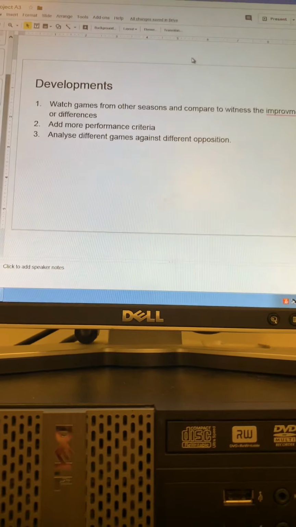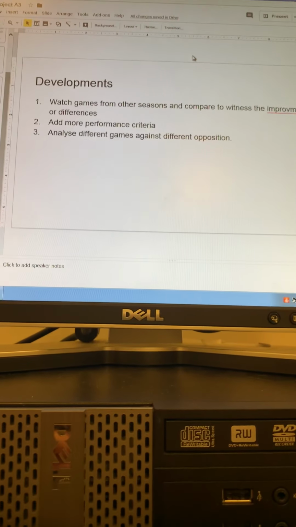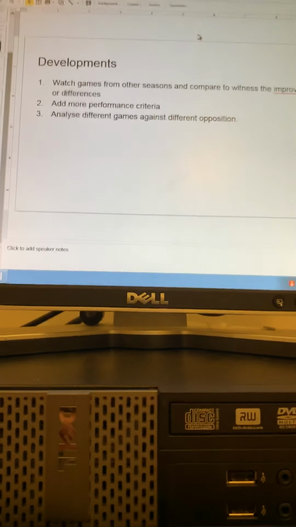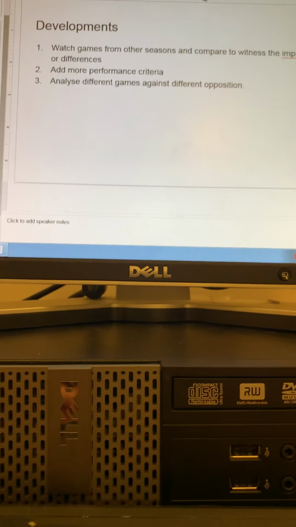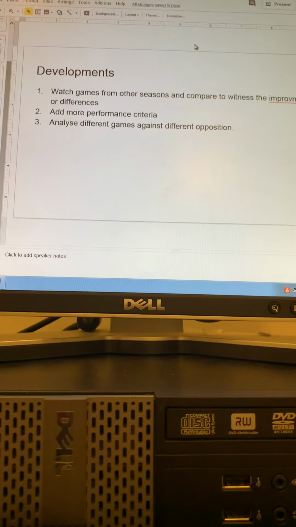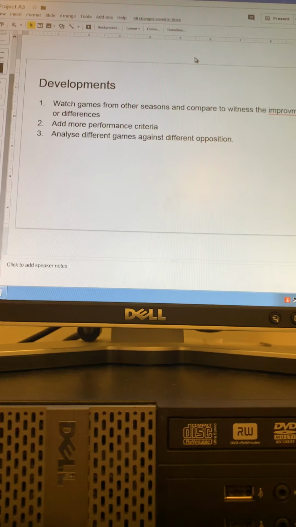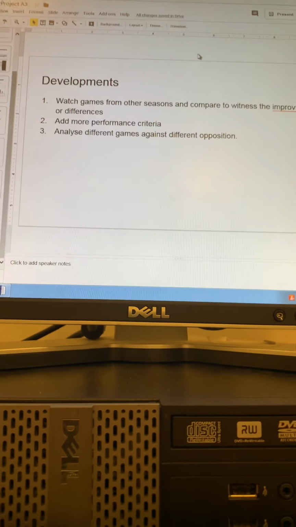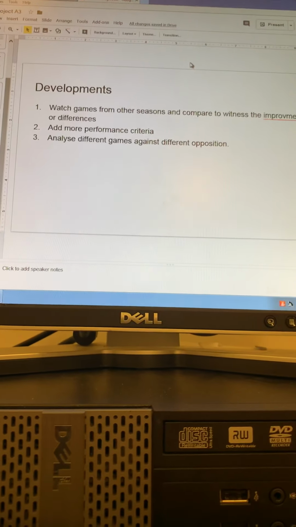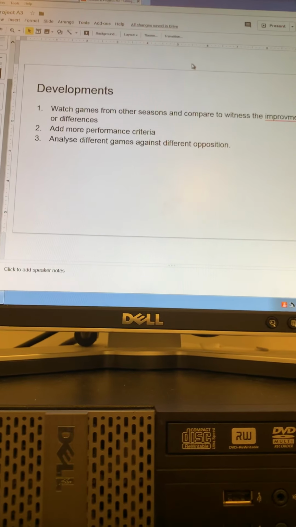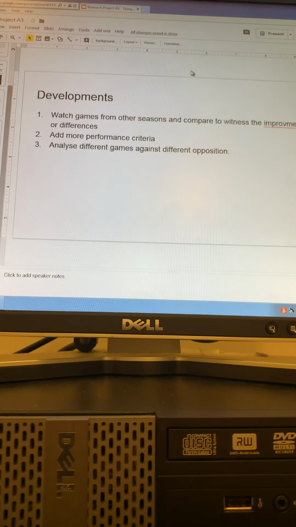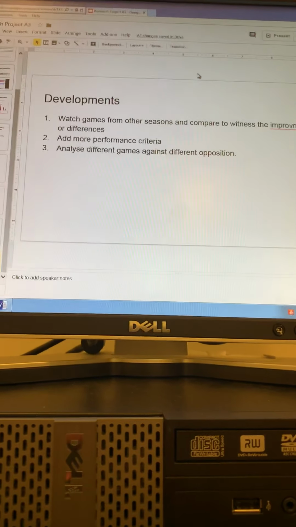Another development would be, once again, to add more performance criteria, because it would allow me to concentrate more, because I'd have to write down a lot more performance criteria and therefore get more results, which would make my research project look better. And finally, I'd analyse, once again, different games against different opposition,